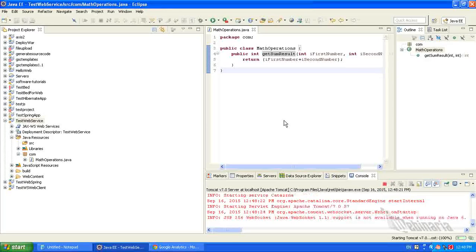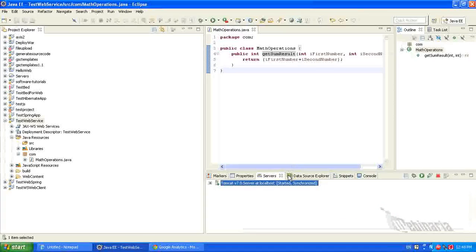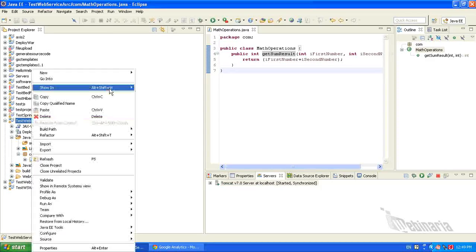Start the server again. Okay, so finally the Tomcat is started now.